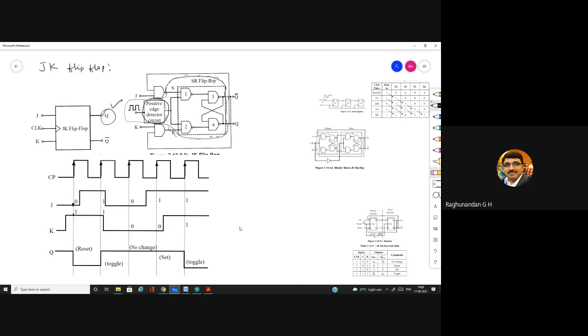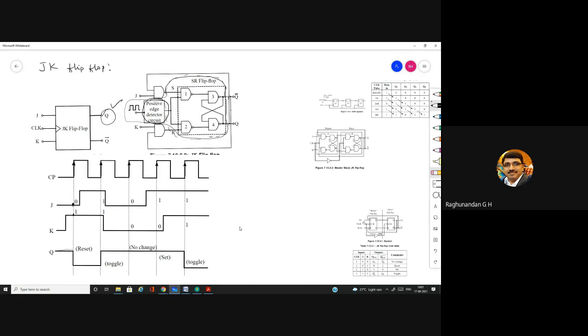So when it checks, it comes to know that J is equal to 0 and K is equal to 1. Let us assume that initially the output was 0. You can assume it was 0 or 1, it is left to you. But the action starts when the rising pulse is detected. So when J and K are 0 and 1, the output goes to 0 because the JK flip-flop is going to reset. When reset happens, the output will be 0. And it will continue until the next rising edge occurs.